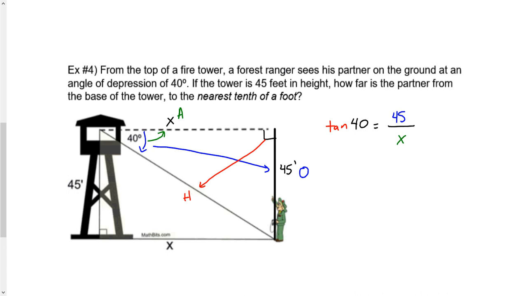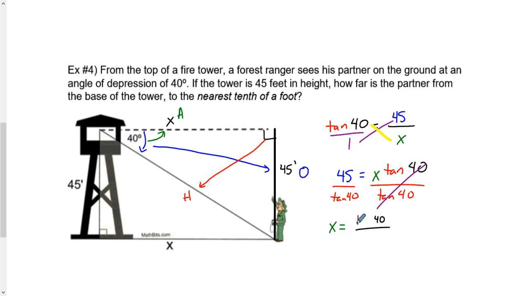And whether you solve it by cross multiplication or you solve it by strict manipulation, I know that many people are going to be more comfortable with cross multiplication, so I'll show that one again. 1 multiplied by 45 is 45. X multiplied by the tan of 40 is x multiplied by the tangent of 40. We can then divide by the tangent of 40 on both sides. And that's all going to cancel off. We're going to be left with x equaling